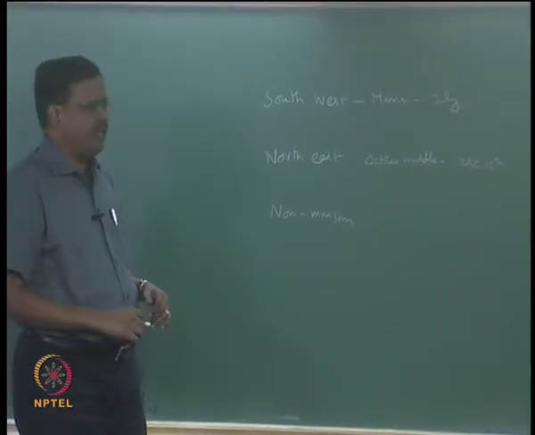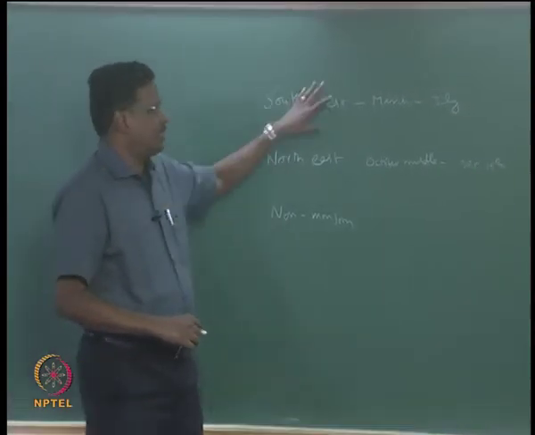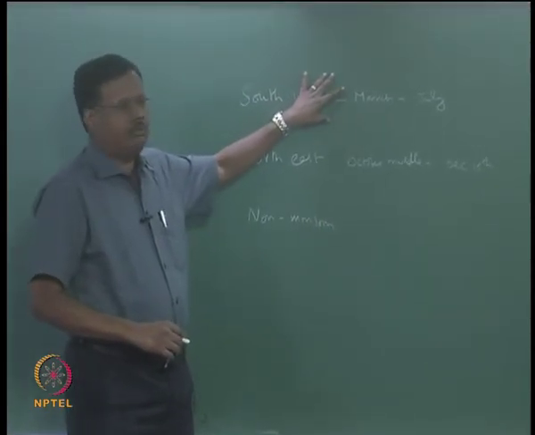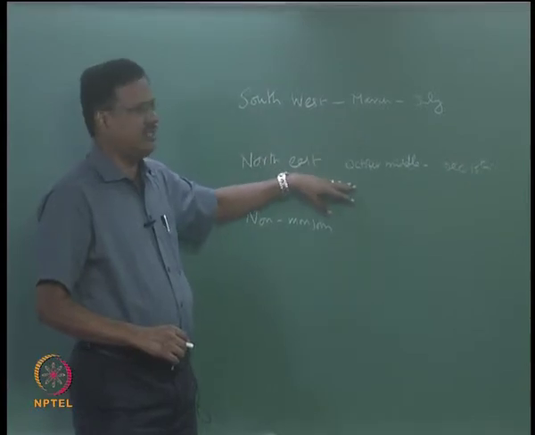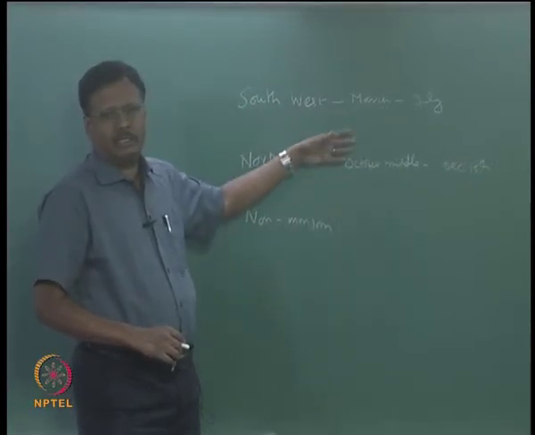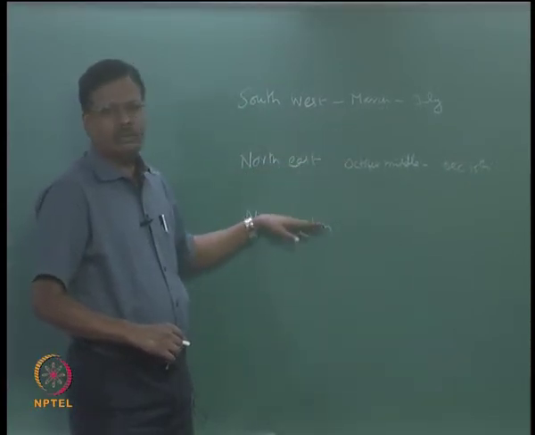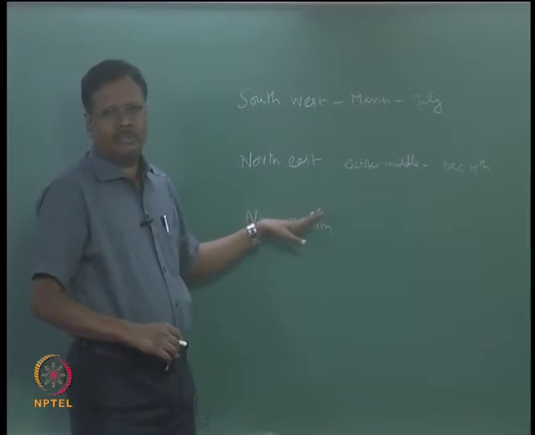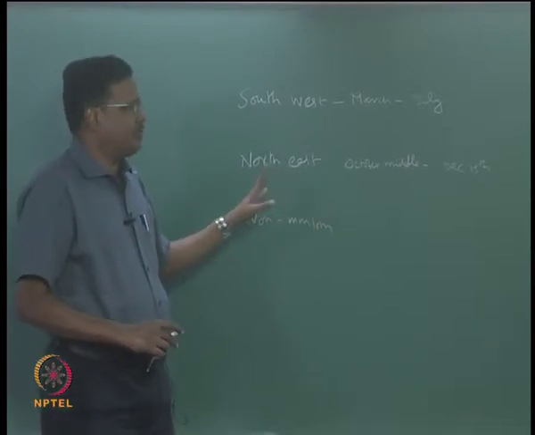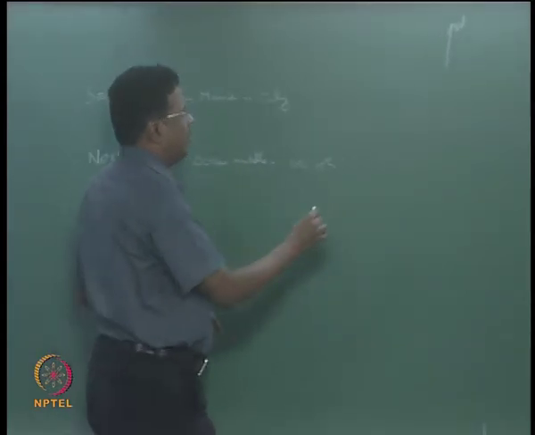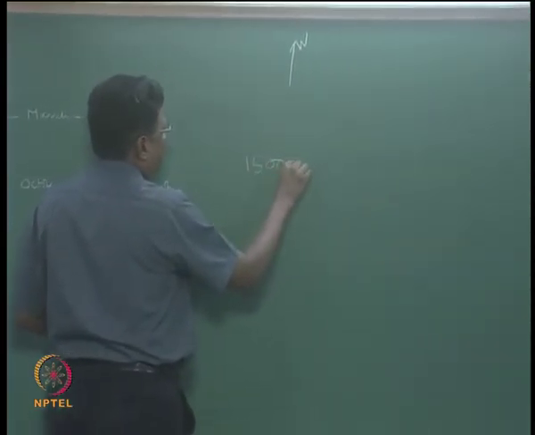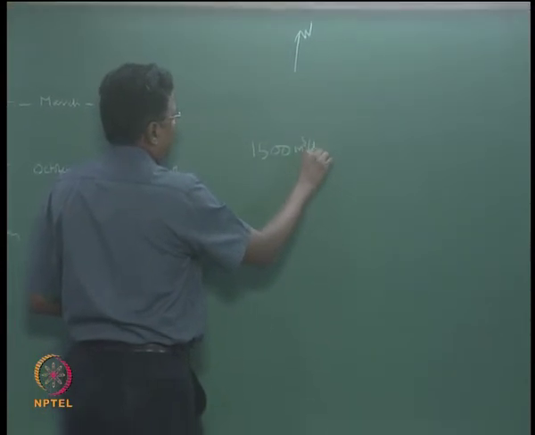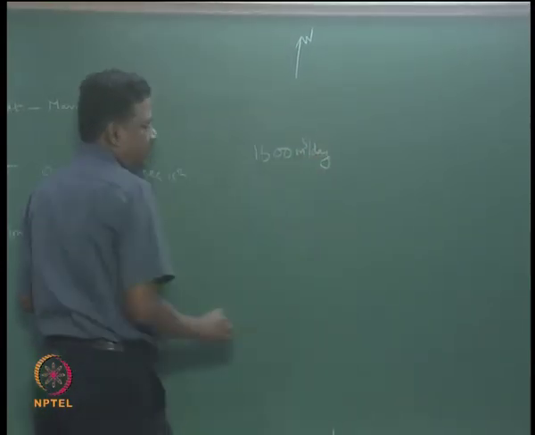That means if you build a breakwater, in one season there will be deposition on the southern side, whereas in the other season the deposition is on the northern side. In non-monsoon the deposition will not be very much. Approximately, for the Pondicherry harbour, the sand which is moving is about 1500 cubic meter per day on average,